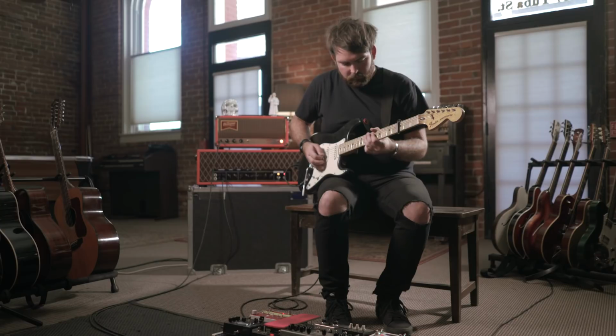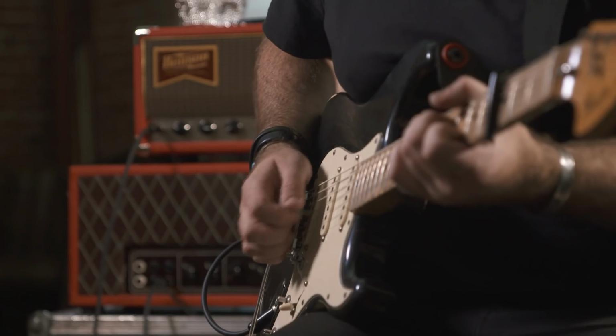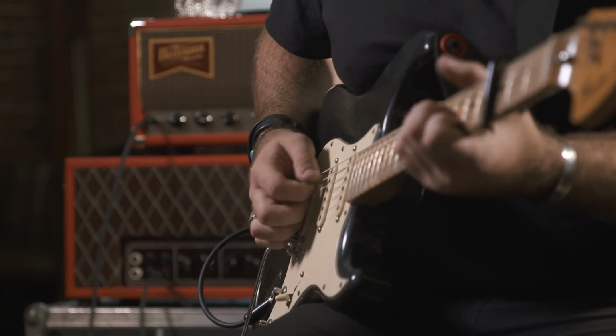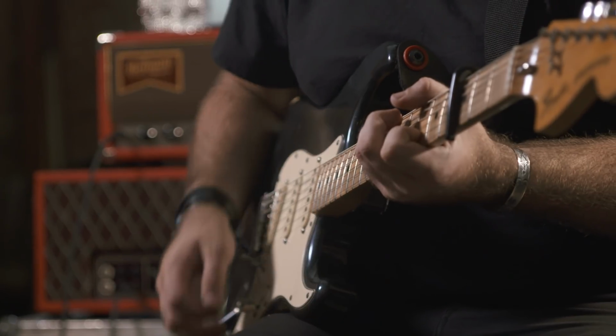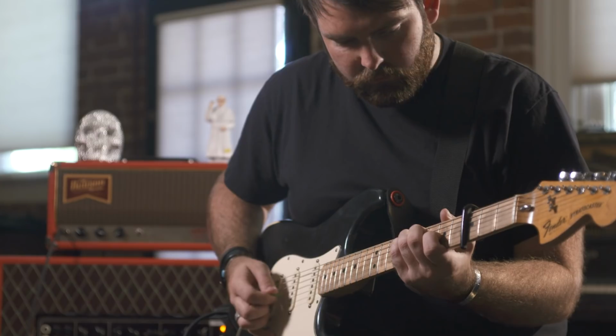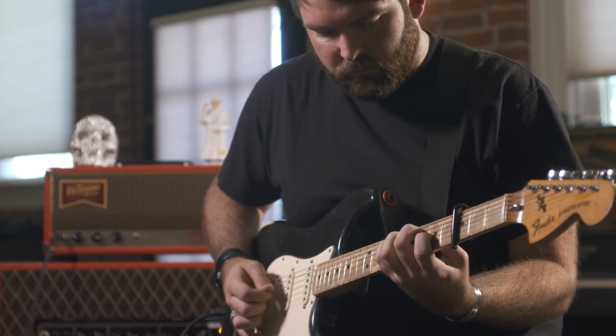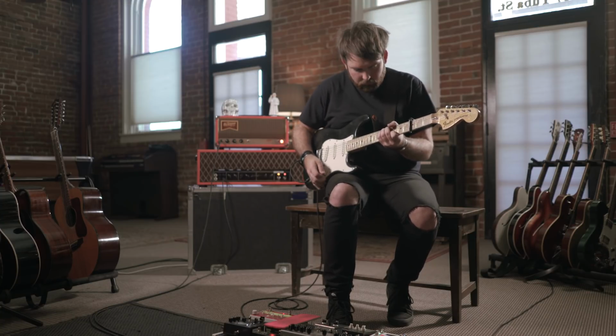I don't necessarily think that church music should have restraints on it. I think it should be almost more open. I'm very happy with all the Vertex stuff I've tried out. I love pedals like that that give me options. So if I want to rein it in, I can rein it in, and it can be a very safe tone that's very pleasing to the ears, or I can get something more unique out of it as well, and also have a very usable